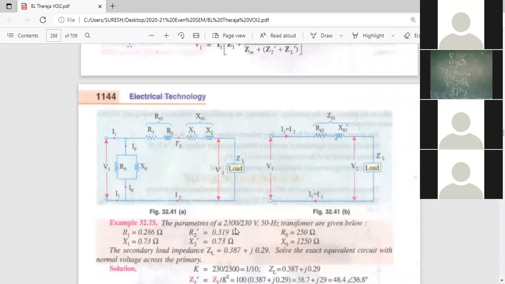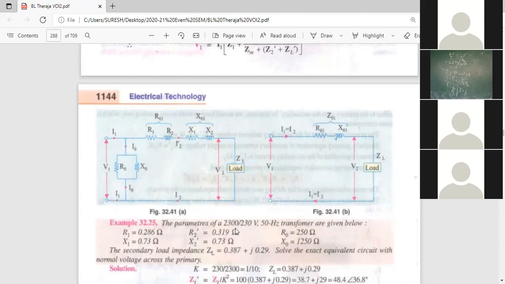What is this circuit called? Equivalent circuit referred to primary or secondary? Primary. Because we are converting the secondary parameters also into primary winding. This is the equivalent circuit referred to primary. If you take R02, X02, that is the equivalent circuit referred to secondary. Now they are combining this R01 and X01. See the second circuit. In the second circuit, he is combining R01 and X01. That is Z01. Z01 is equal to square root of R01 square plus X01 square.